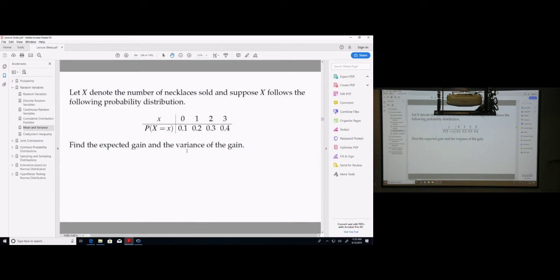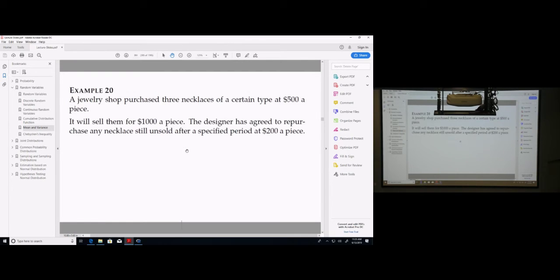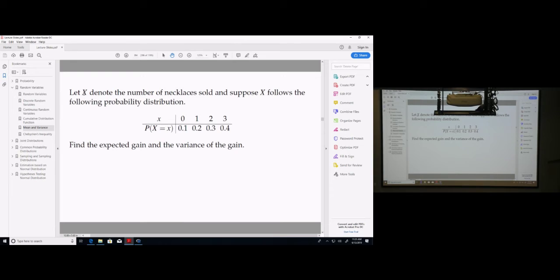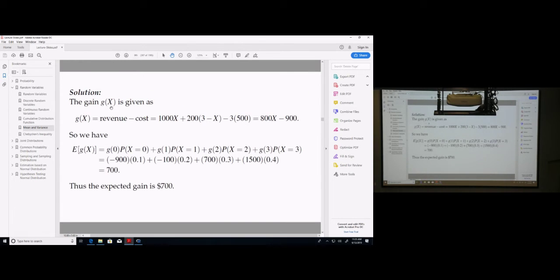Now here, in this kind of problem, the information is about the number of necklaces being sold. So you have to work out the profit, or the amount that you can collect, from the random variable itself, all right? So the gain G of X is given as this, revenue minus the cost. So if X is the number of necklaces that you sold, you will collect $1,000 each, all right? And then 3 minus X is the number of necklaces